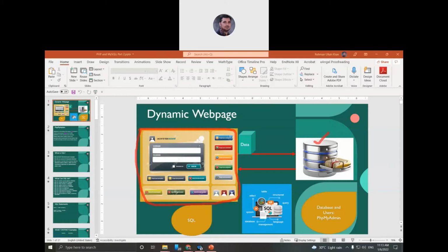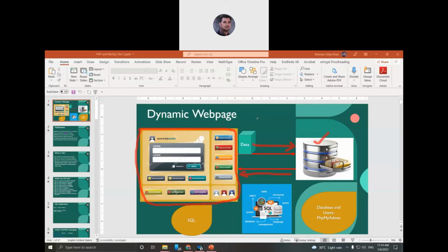The page sends data to the database, and at some time the web page needs information and data from the database and displays it on the page. So the web page and the database are connected to each other. There is a connection between them.